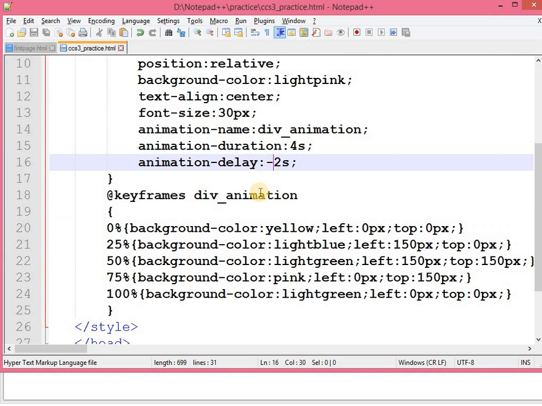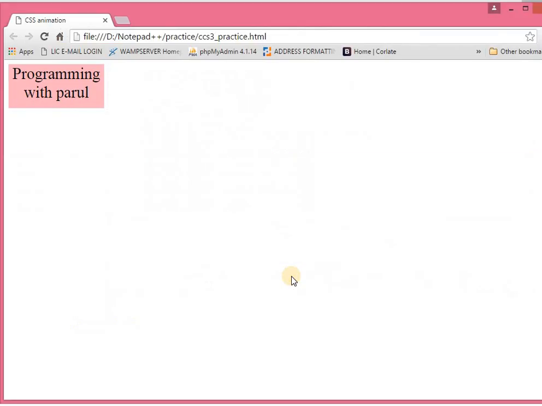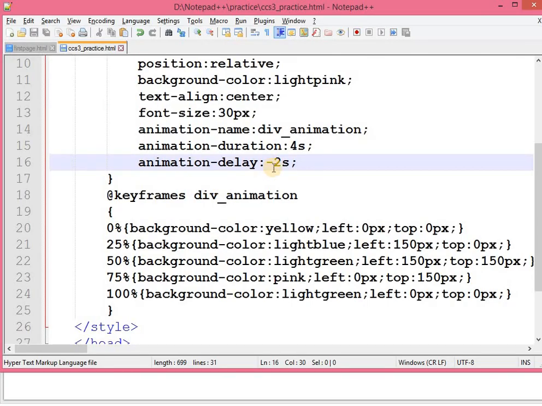So how it worked is, your animation will start just as if it has already completed its 2 seconds of animation, and it will start from after that. That means from this is 1, from over here this is 1, this is 2. That means it will start from light green to pink. Okay, over here light green to pink, you can see that light green to pink.